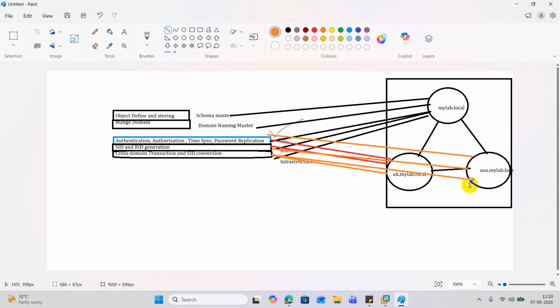I have an enterprise, or I have a forest, and the forest contains 3 domains. One is the root domain, and two are the child domain and tree domain. Now tell me, where do we have the schema master and naming master? Your answer will be, sir, schema master and naming master are the forest wide roles, always placed on the first domain